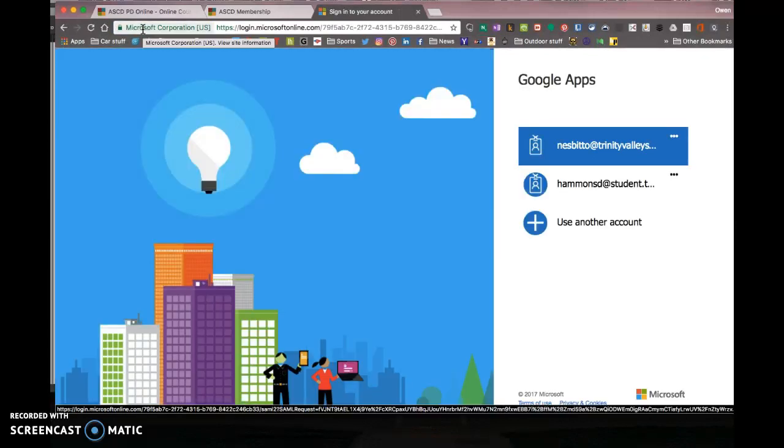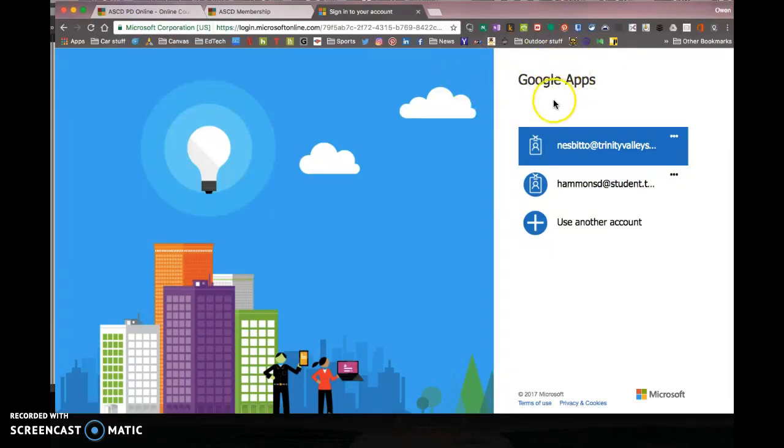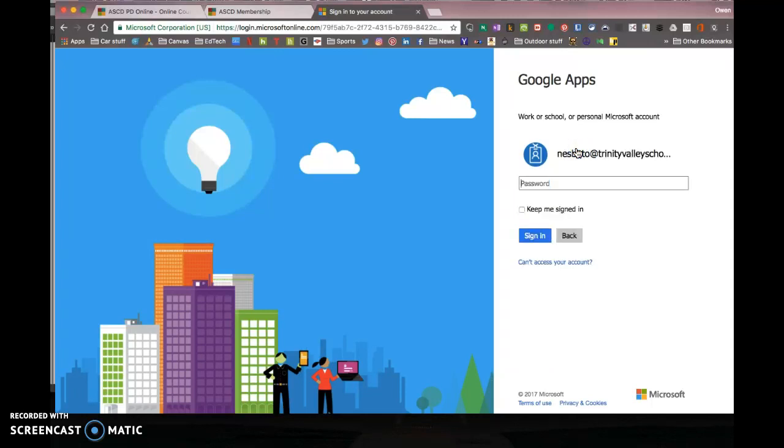And you'll notice here, this is probably a familiar looking page. You've probably seen some analog of this somewhere in your TVS experience, whether you're logging into 365 or other services that we offer. It's called a single sign-on page, or SSO. And this one, of course, as you can see, is for Google Apps. If you're logged in, you'll probably see your email address. Just click that, and then put in your password, whatever password you use to access TVS services,